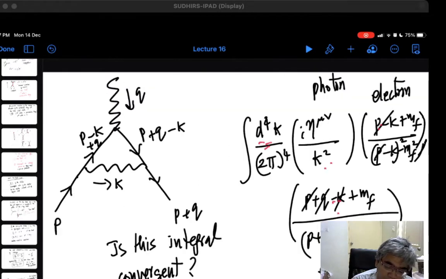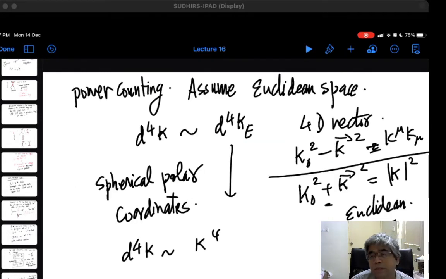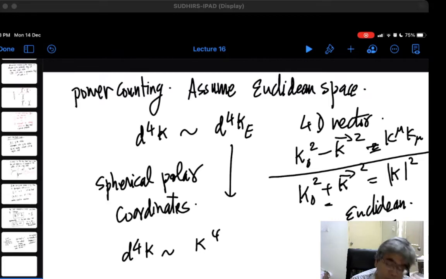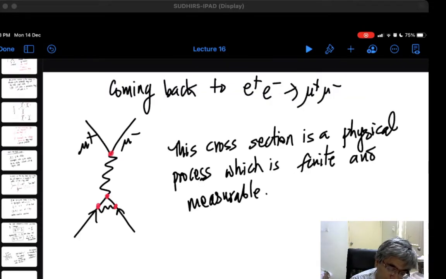So k is the length of the vector. This is like in spherical coordinates: if you have d cube of x, we can write it in terms of r square, and so on, angles essentially. Similarly, we are assuming something similar which happens also in potential. So with this assumption,